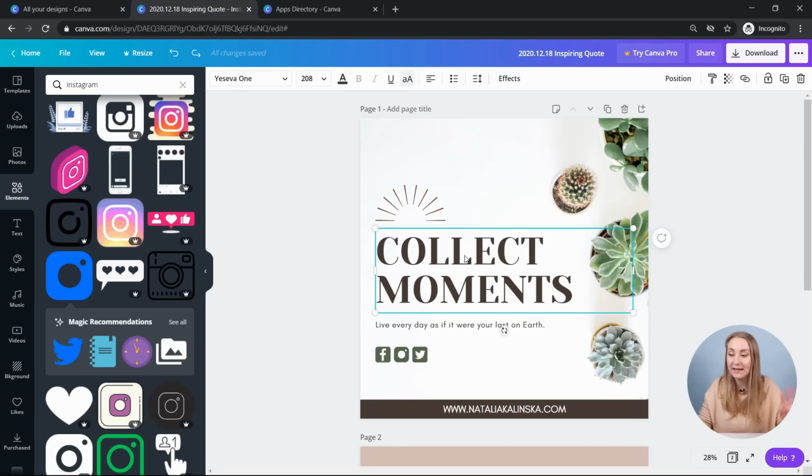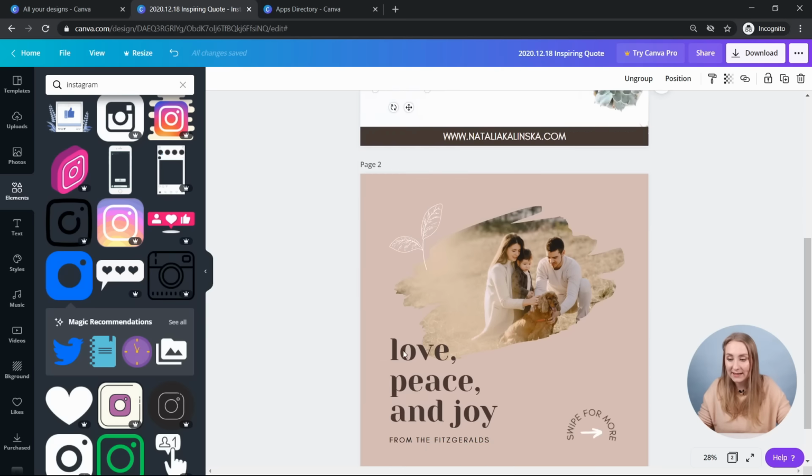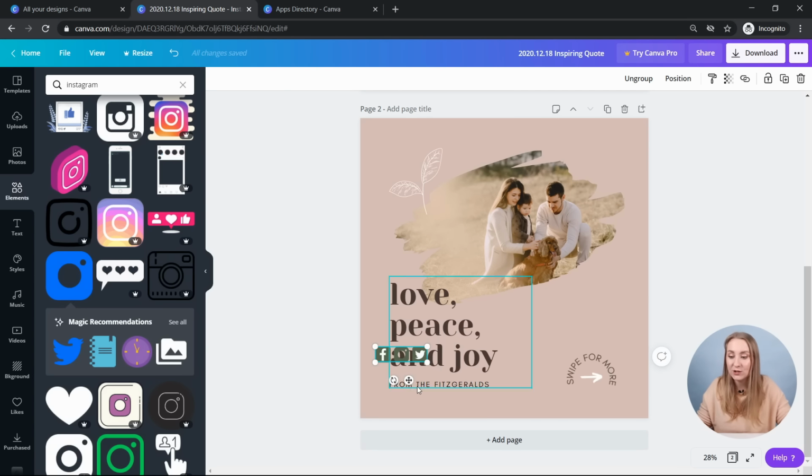Same goes for copying and pasting. So you can choose an element or a group of elements. I can choose that social media group. I click Control-C. I go back to this design, I click on the background and I click Control-V, which pastes it. Quite cool if you want exactly the same elements to go with other different parts of your design.